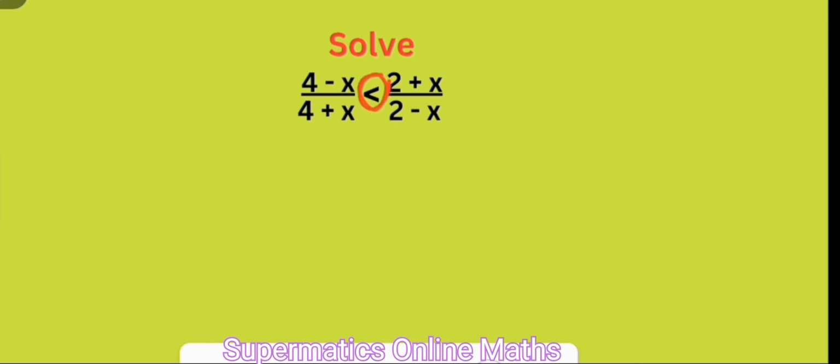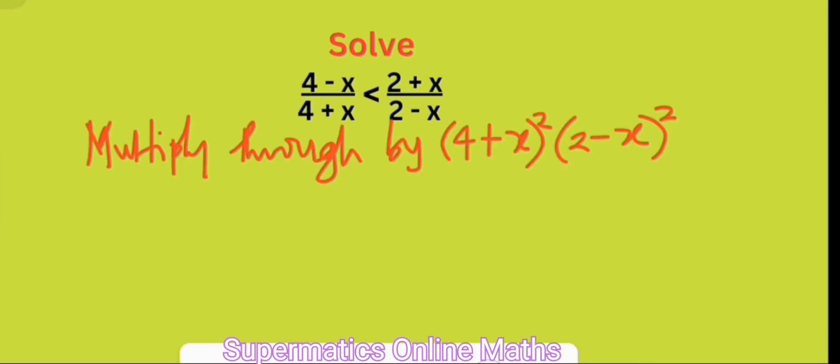Therefore, an escape route to this kind of problem is to multiply both sides by the square of each of the denominators. The reason for this is not far-fetched. It is because the square of a number can never be negative, even if the number is negative. So multiplying by the squares of these denominators erases any fears of having the inequality symbol changed. Therefore, we will be having